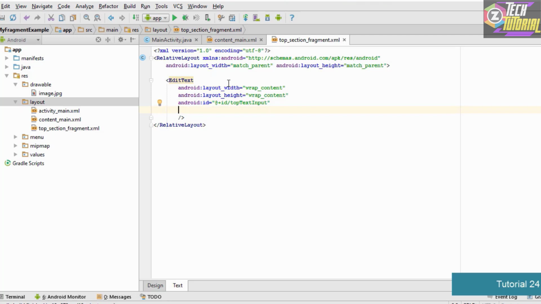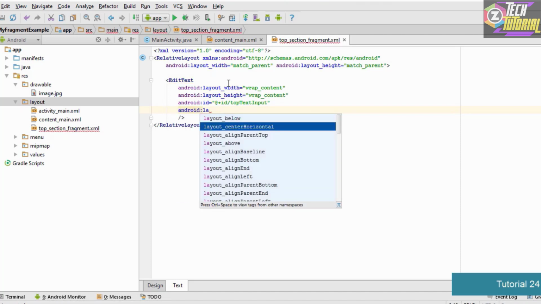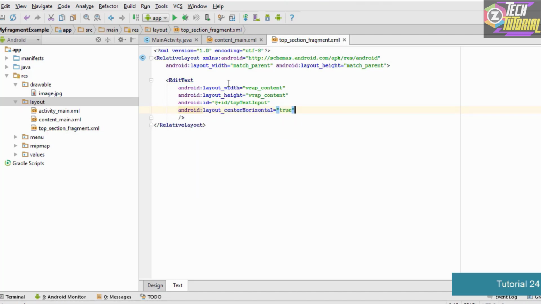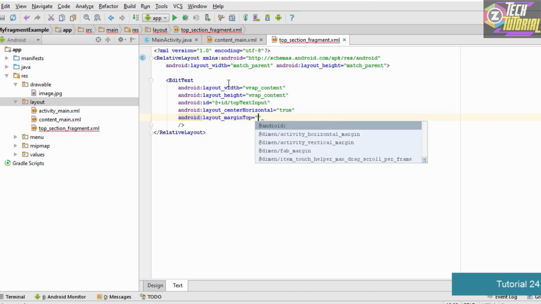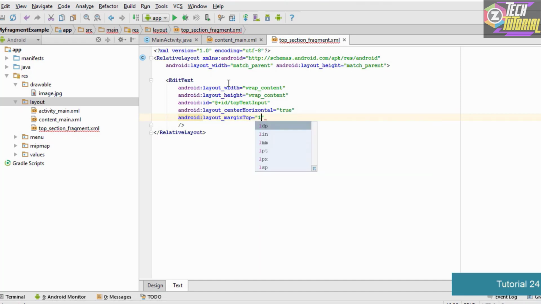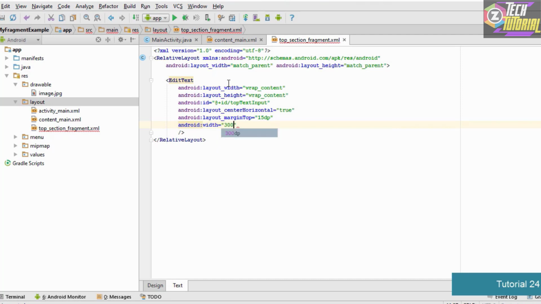Now let's align the edit text in the center horizontally. We type android:layout_centerHorizontal equals true, and it sets it in the center horizontally. Now let's also leave some margin from the top. We type android:layout_marginTop, and let's say the margin is 15 dp. And let's say the width of this is going to be 300 dp, so we type android:layout_width 300 dp.